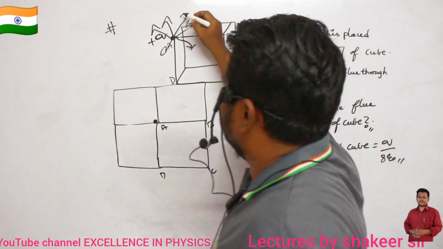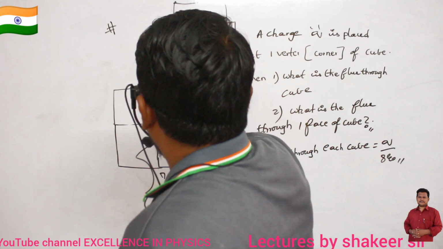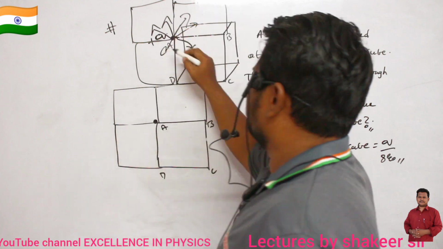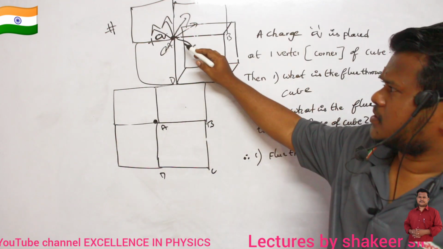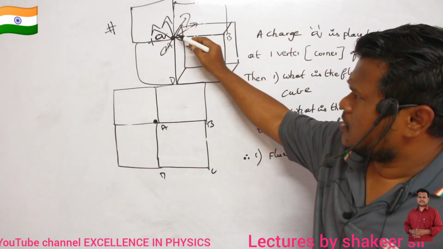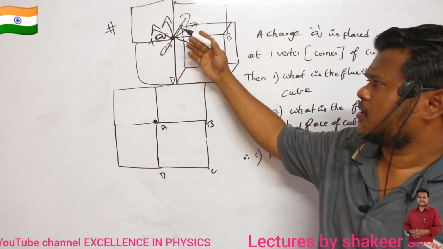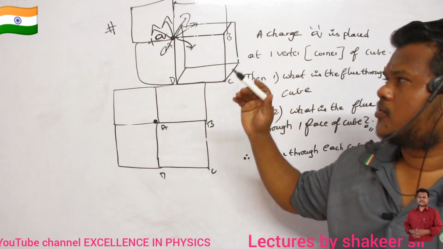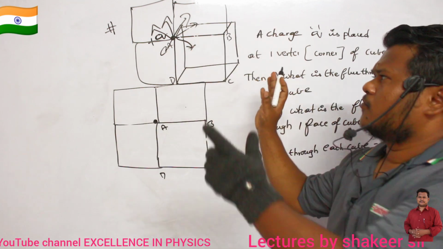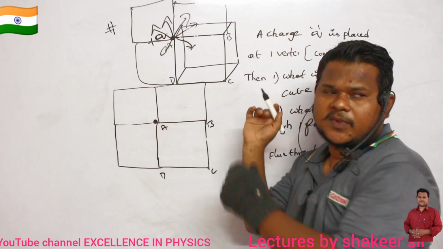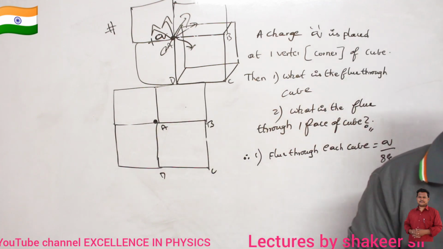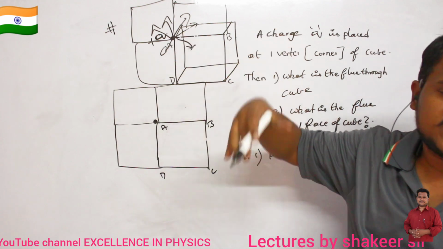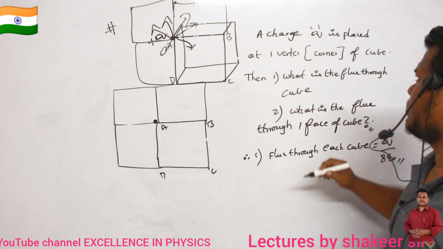So above this one we are placing 1 cube. On the side of this one we are placing 1 cube. Here also we are placing 1 cube. 4 cubes are completed. But where is this charge? This charge is present on the outside vertex, no? So half of the flux will be coming out of the board also. To cover that remaining half flux, one more 4 cubes I have to place here. So totally how many cubes? 8 cubes. Then this charge will be exactly at the center of 8 cubes. Are you able to understand?